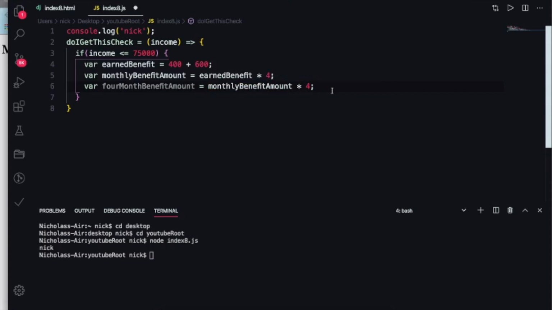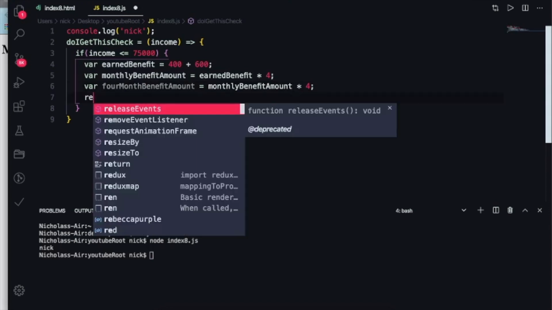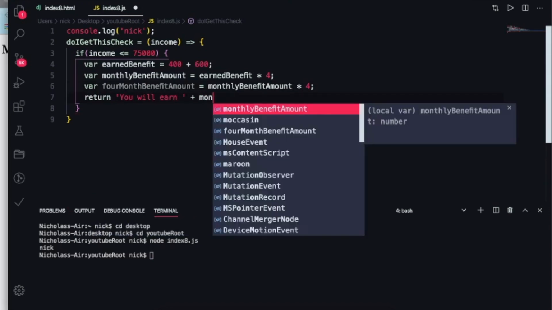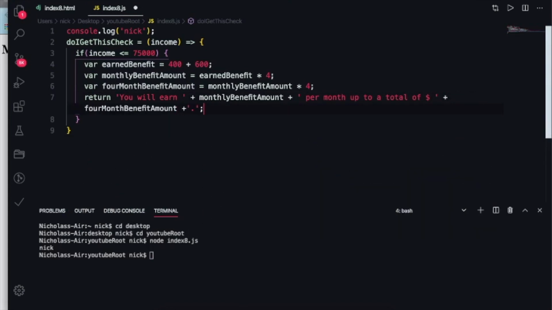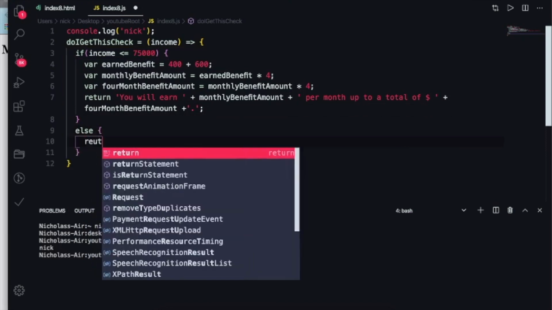So after I create all these values or all these numbers that I want to calculate, the next thing I'm going to do is return some things. Okay? So if your income is less than or equal to $75,000 a year, you will earn monthly benefit amount per month up to a total of 4-month benefit amount. Okay? If not, we'll do else, or else we will return